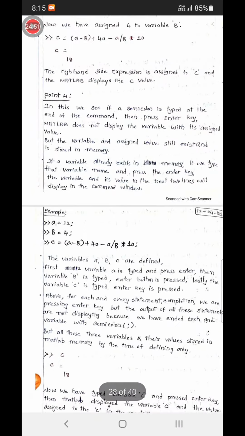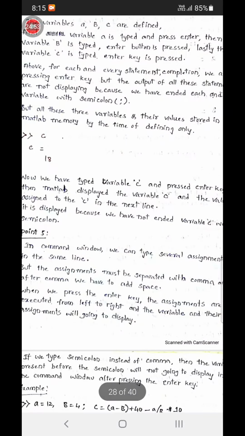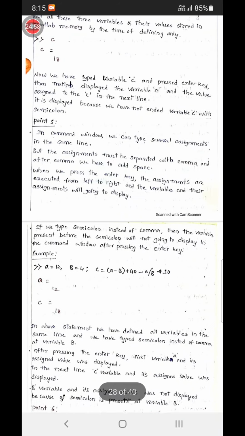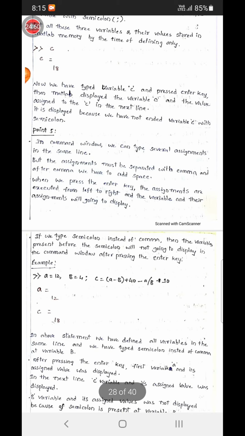So that is the point we need to understand here. And fifth point, see the fifth point, what is the fifth point is showing. In the command window, we can type several assignments in the same line, but the assignments must be separated with comma, and after comma we have to add space.